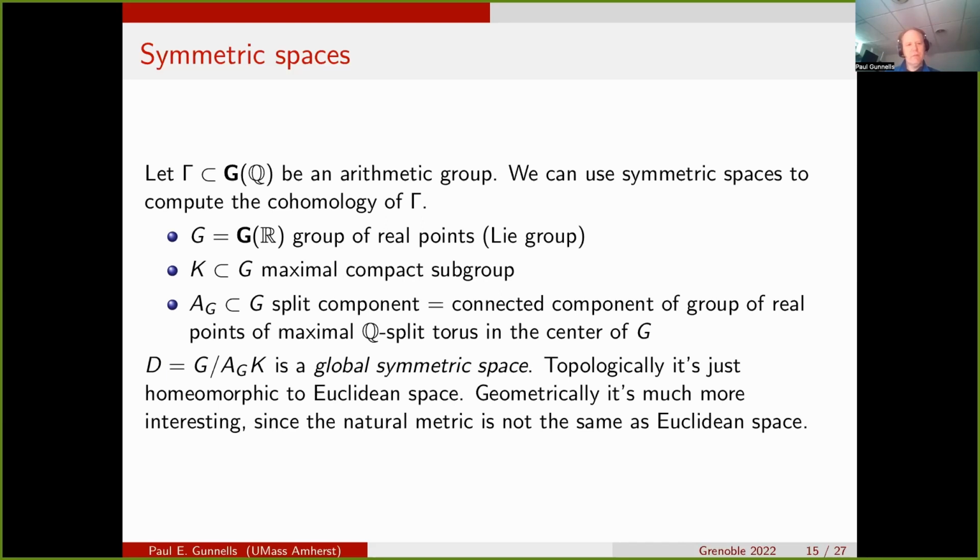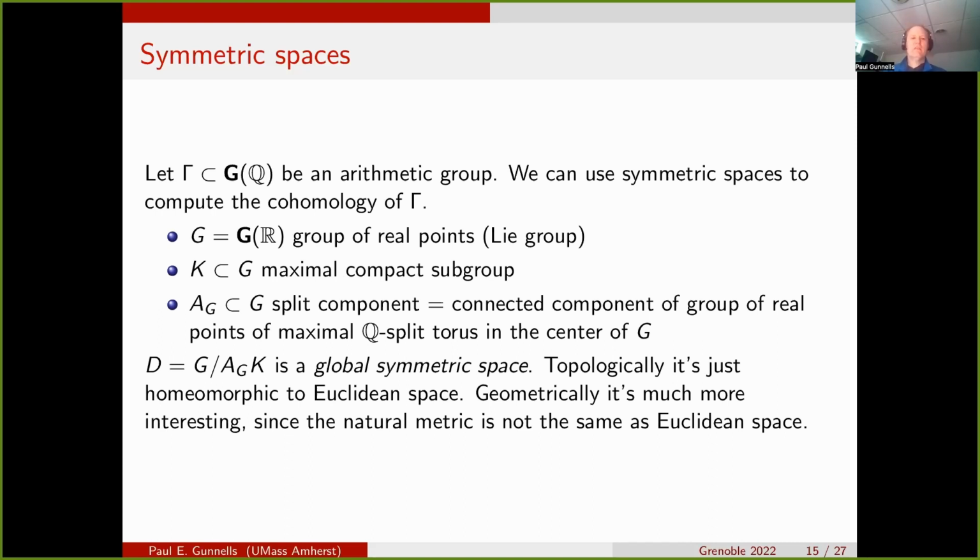First of all, I take the group of real points. So I have my algebraic group, and now I look at the real solutions to that. That is another group. It's a Lie group. So it is a smooth manifold that has the structure of a group where the group operations are infinitely differentiable. Okay, Lie group. And inside there, I have what's called a maximal compact subgroup. We're going to do examples in a moment, but you can probably imagine them already.